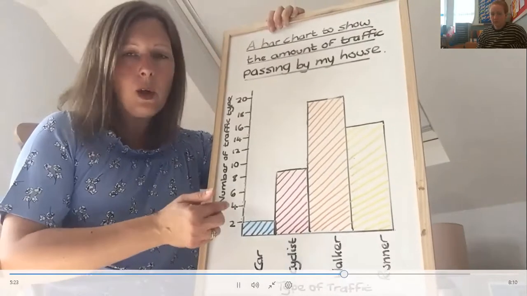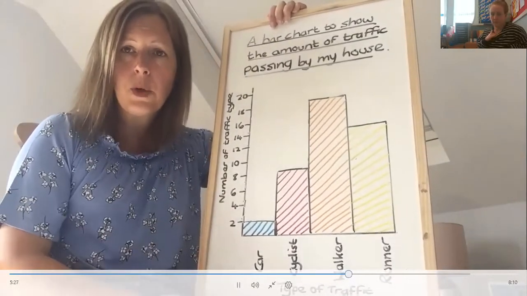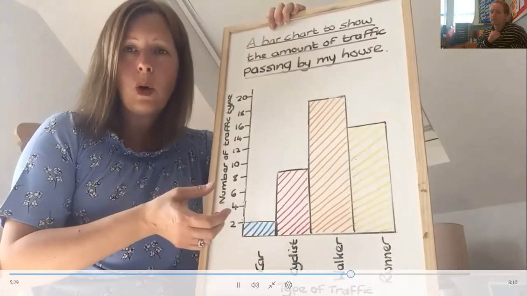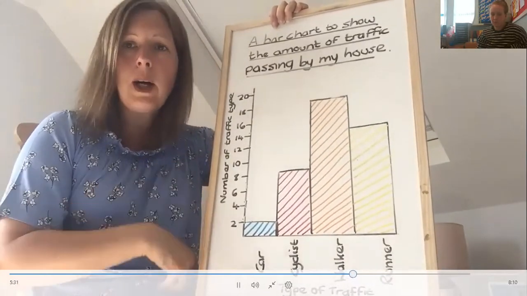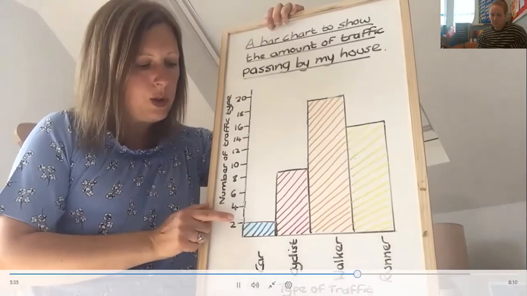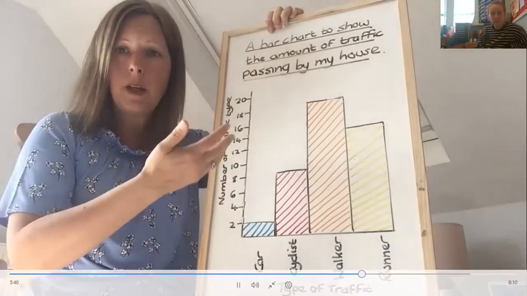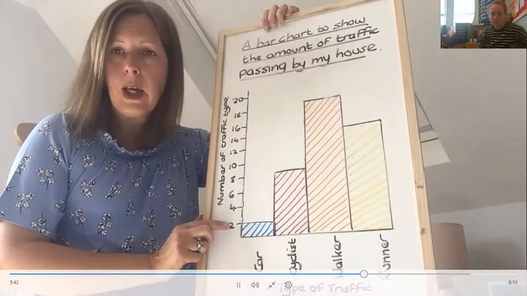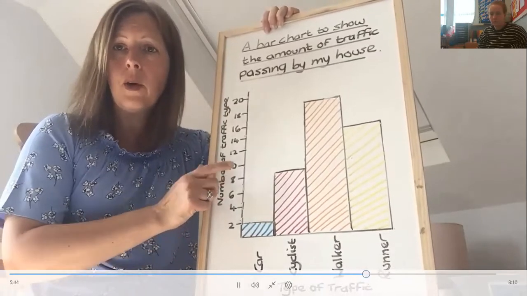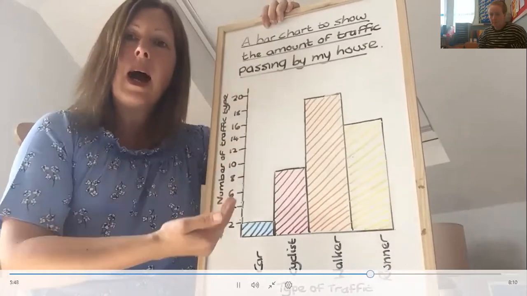Now, it could be that the scale you choose is different from the scale that I've used, because it depends on what numbers you are working with. So a bit like what we were talking about with our pictograms on Tuesday. If you've got a lower number, you could just go up in 1s going up here. But again, if you've got some bigger numbers, you might need to maybe count in 4s as you go up there, or 5s. So think about the numbers that you've got and think about how they're going to work best